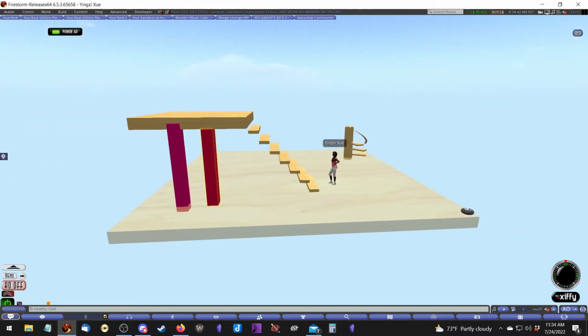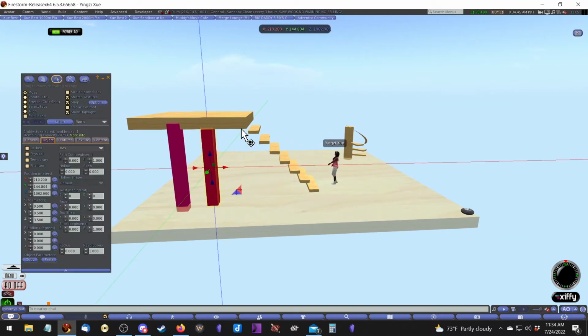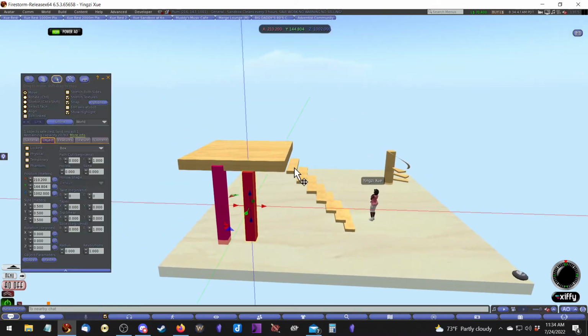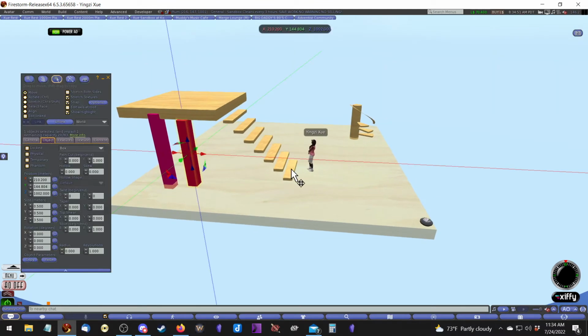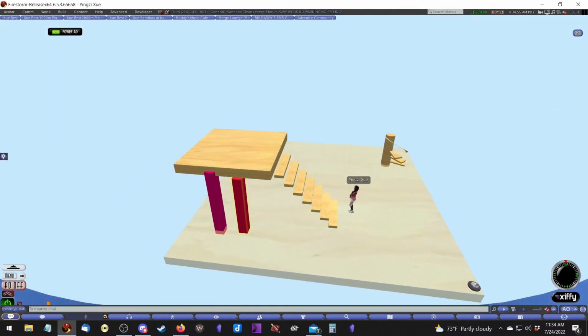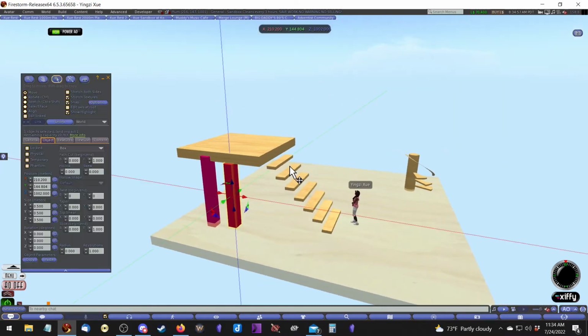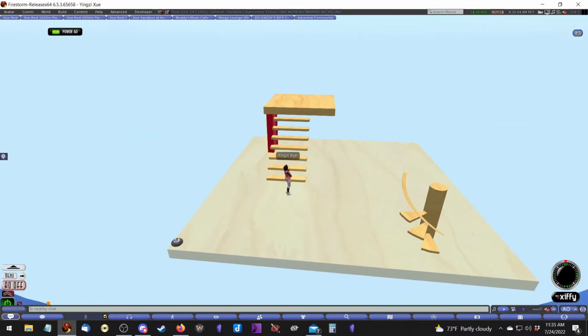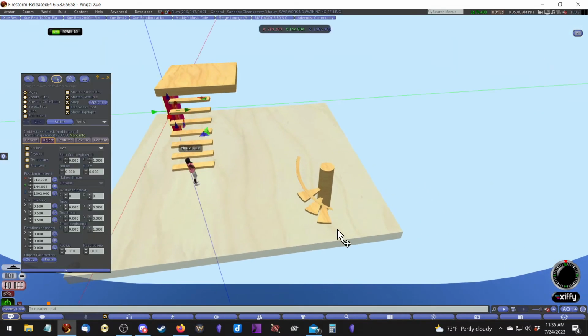Now you could distance these out farther when you're doing this by making the stair width a little wider and it would push them out farther. You could do that. But the height is what determines how it all works out perfectly. So anyway, that's that. Let's move on to our